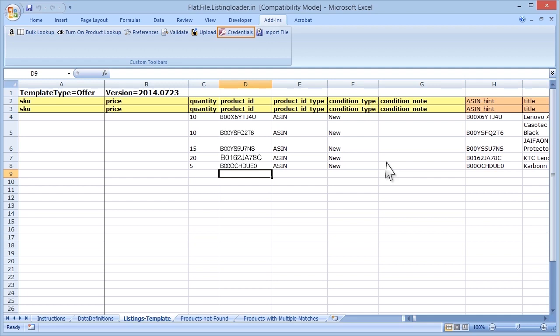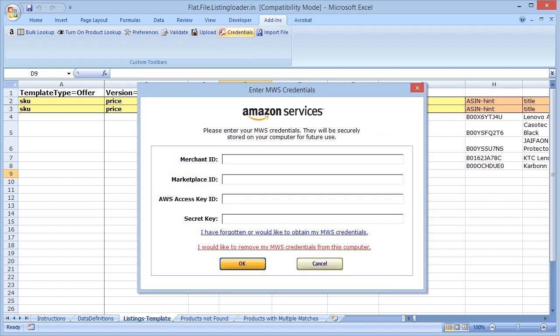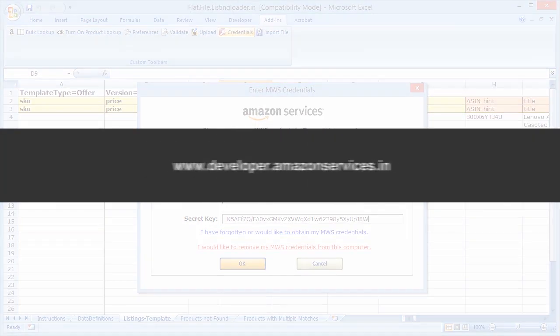Once details of all the products are entered, click on Credentials under Add-ins. In the pop-up window, enter the Merchant ID, Marketplace ID, AWS Access Key ID, and Secret Key and click on OK. You can extract these values from the